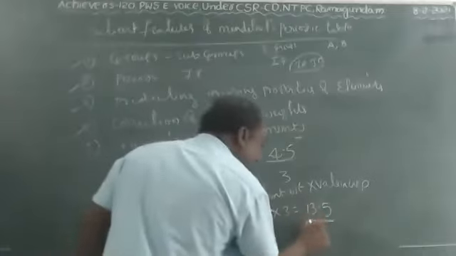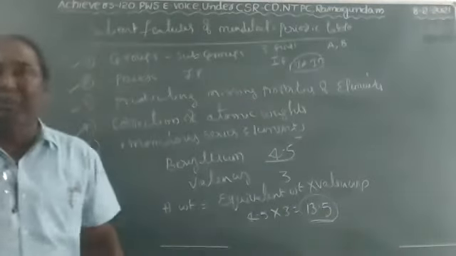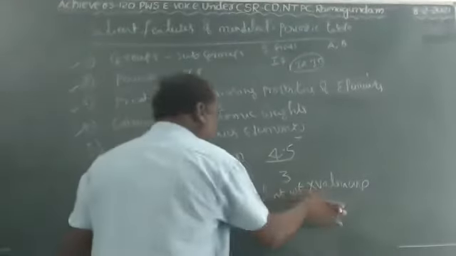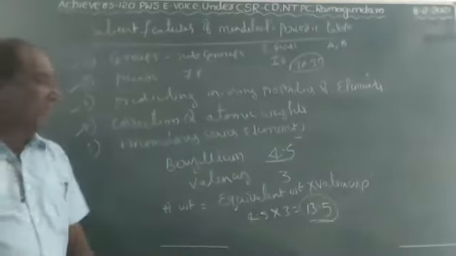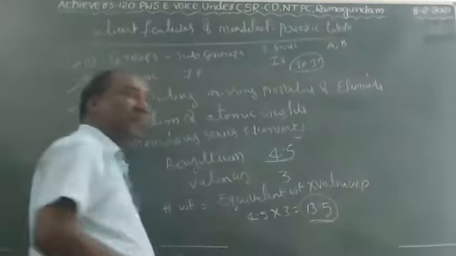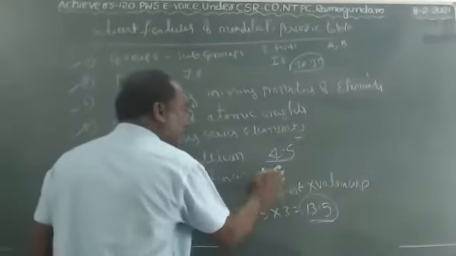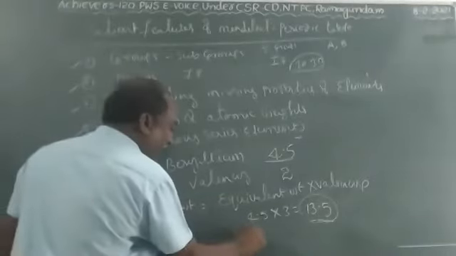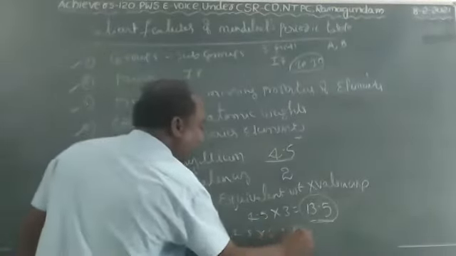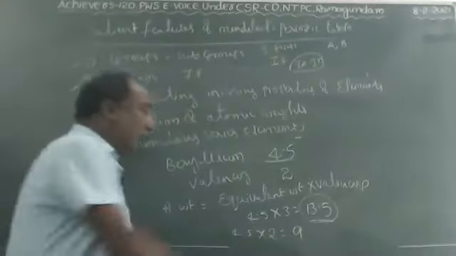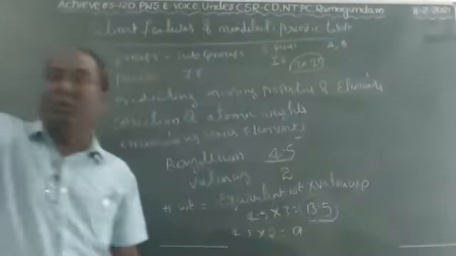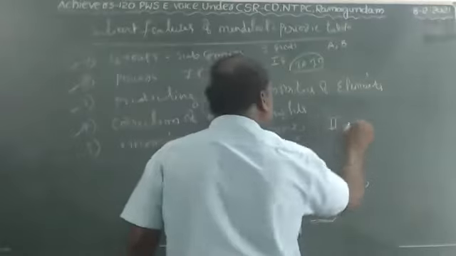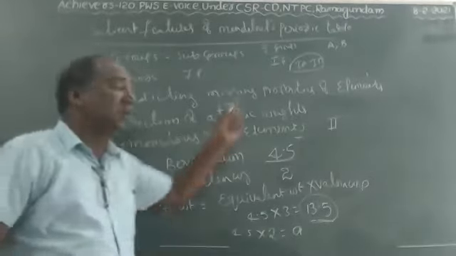According to this 13.5 atomic weight, when it is placed into the periodic table, it is not exactly suitable. This atomic weight is not suitable for beryllium. That's why Mendeleev changed the valency of beryllium. He changed it to 2. Now equivalent weight is 4.5, valency is 2, then atomic weight is 9. Now the atomic weight 9 of beryllium, when put into the periodic table, is exactly suitable in the second group. Now beryllium belongs to the second group.